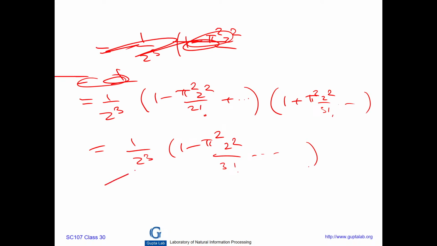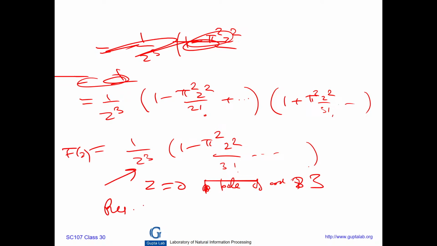Now you know that z is equal to 0, this is our f of z, original f of z, z equal to 0 is a pole of order 3 here, right? Pole of order 3. So I can compute the residue. Residue at z is equal to 0 is, you can compute, minus pi square by 3. So I consider